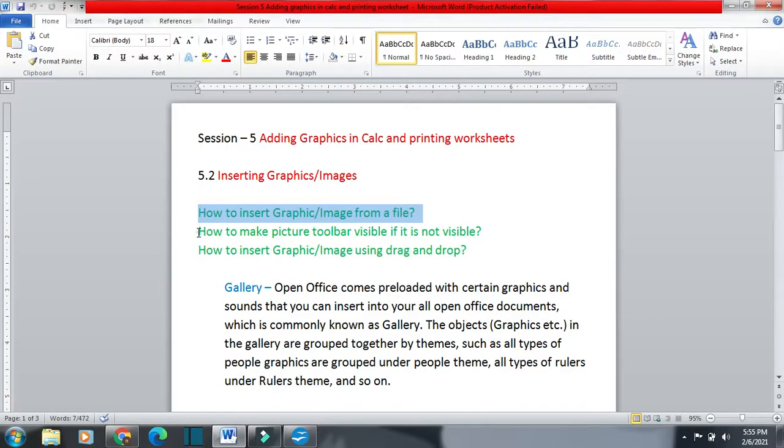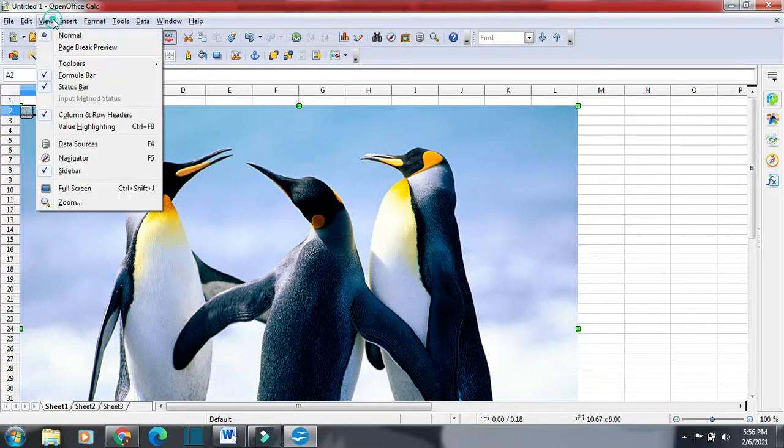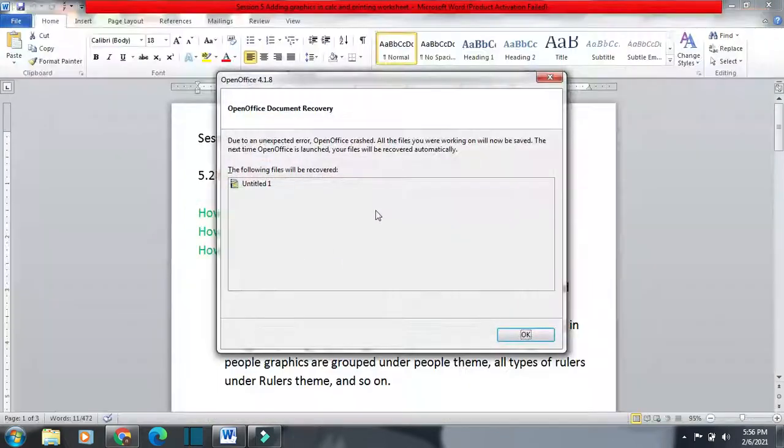Next topic is how to make the picture toolbar visible if it is not visible. You can see the picture toolbar is visible right now, but sometimes the picture toolbar is not visible. Suppose I will click on view and then toolbar, and from there I will deselect it.